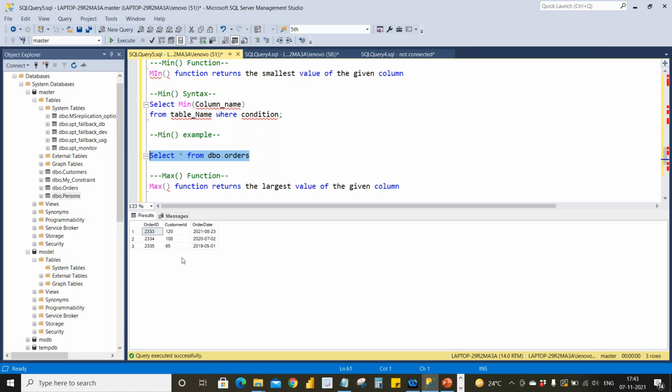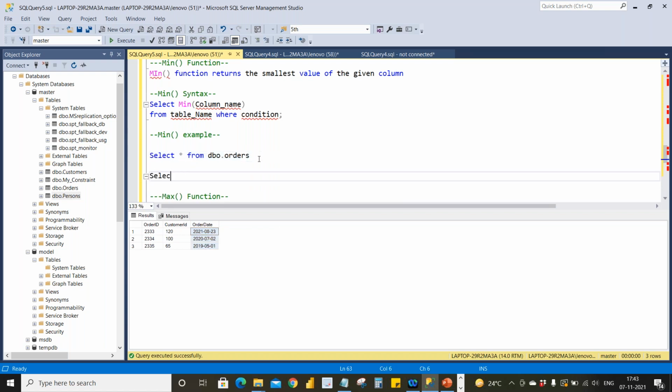In this orders table, I want to get the minimum order date. What would be the minimum order date? It's obviously 2019 May 1st. Minimum of order date from orders table. I got the minimum, right? 2019 5/1. I can give any alias name over here, like this.